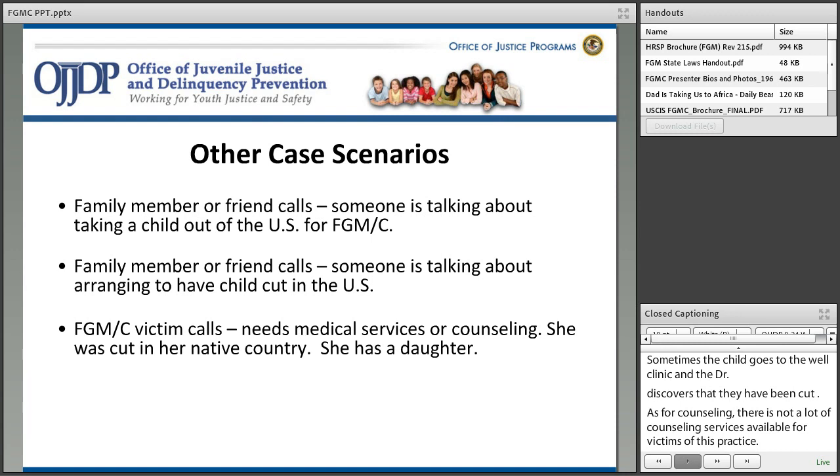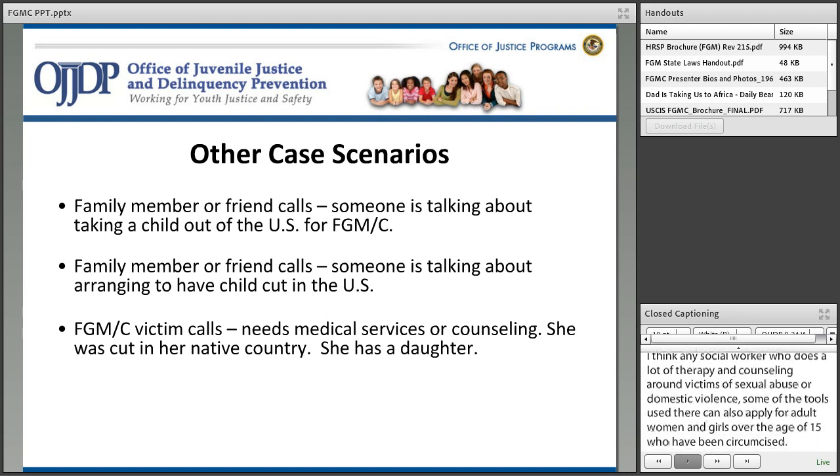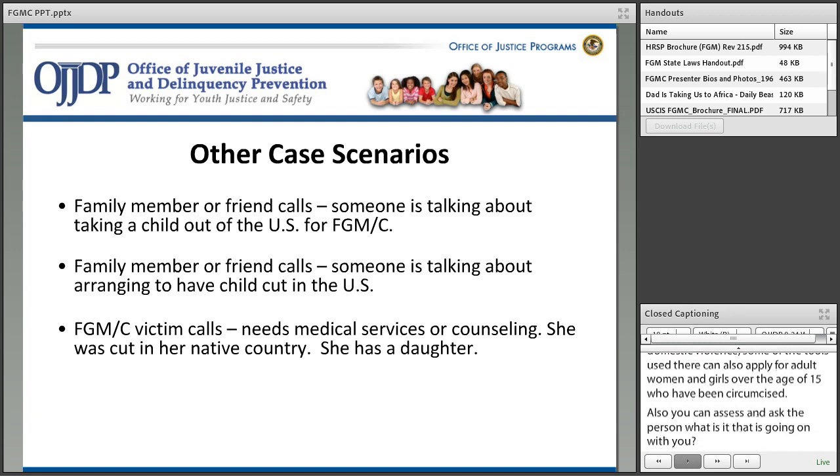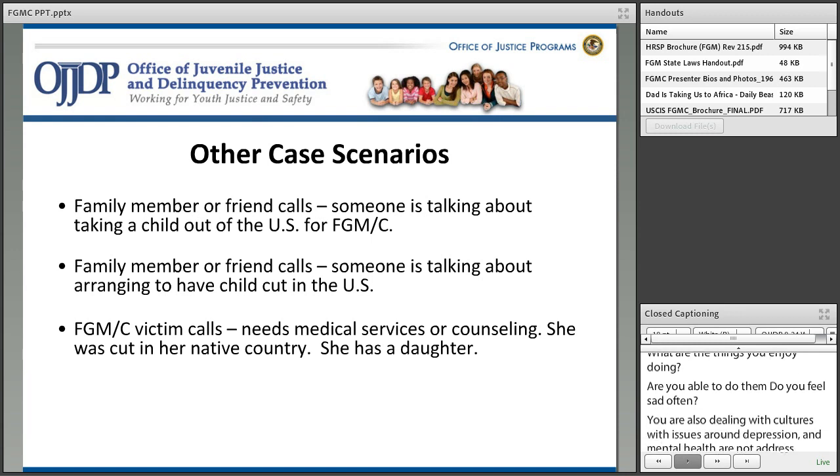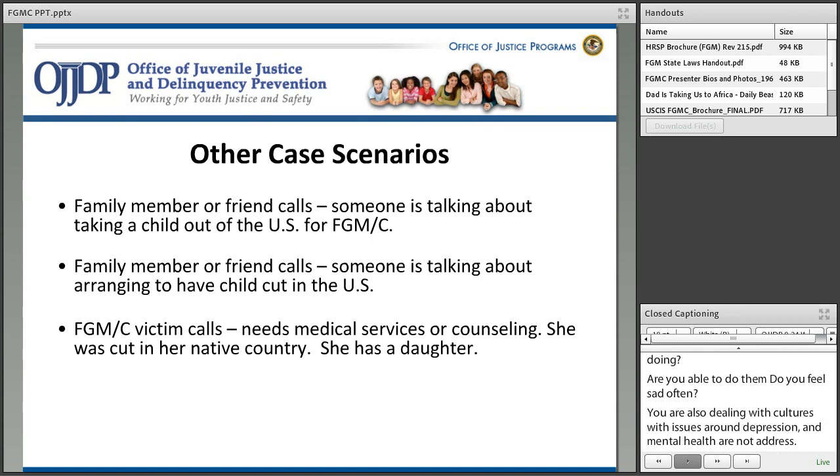And so also you can assess, you can ask the person, what is it that's going on with you? For example, do you sleep well? Or how many hours a night do you sleep? What are the things you enjoy doing? Are you able to do them? Do you feel sad often? Because you're also dealing with cultures where issues around depression and mental health are not addressed. And sometimes people don't have the vocabulary to say that I'm depressed or I'm sad or I feel lonely or I feel angry. So by you actually having the victim tell you exactly what are the things they are feeling,